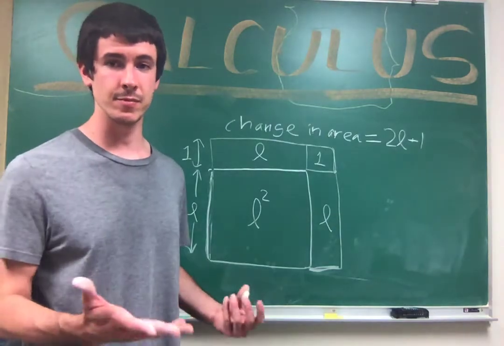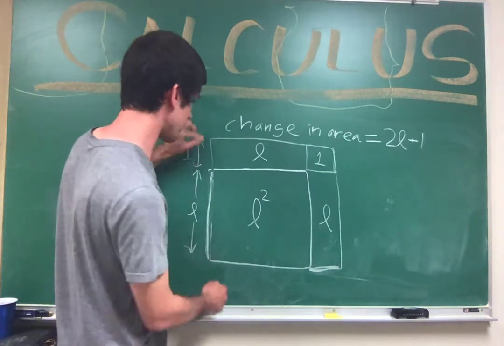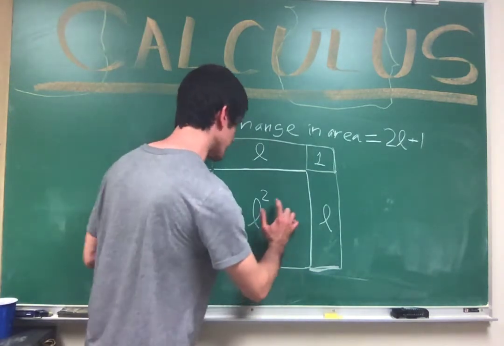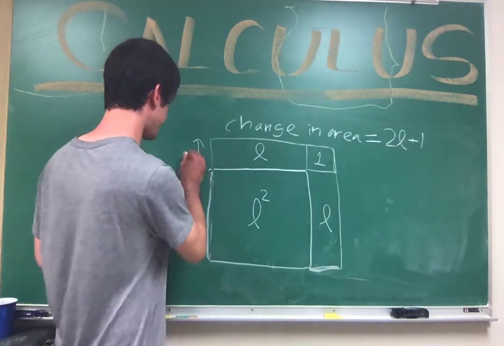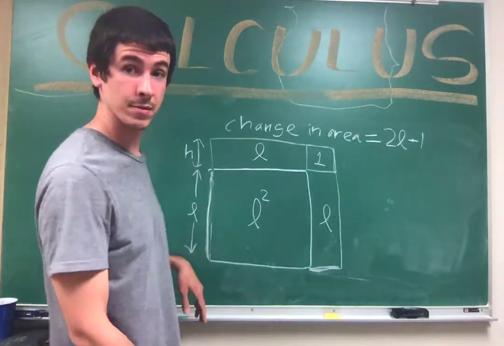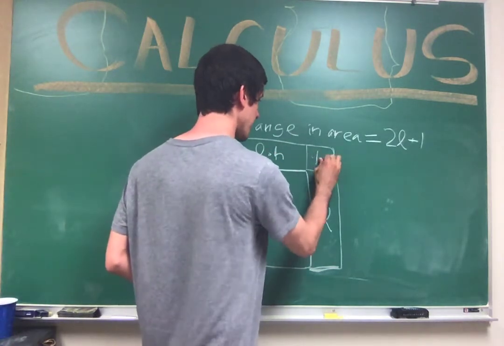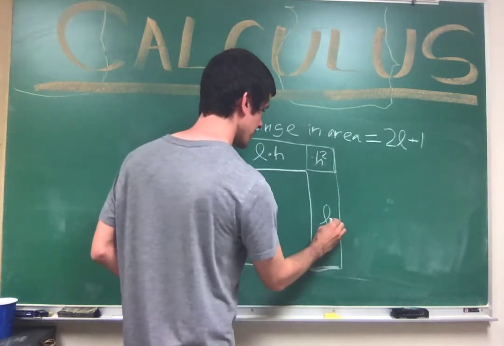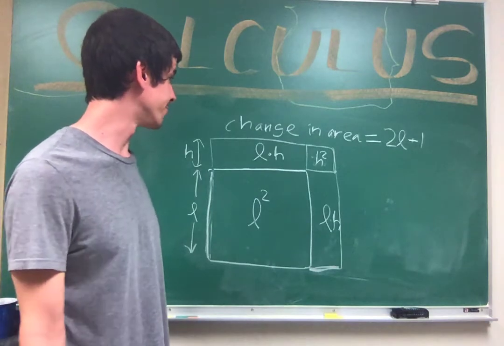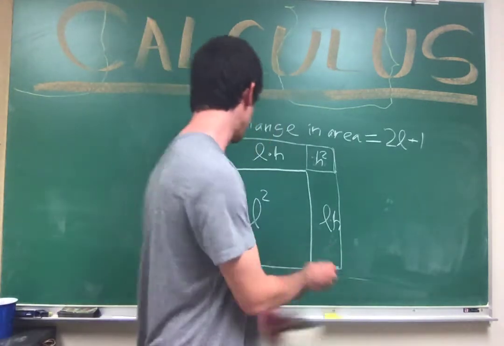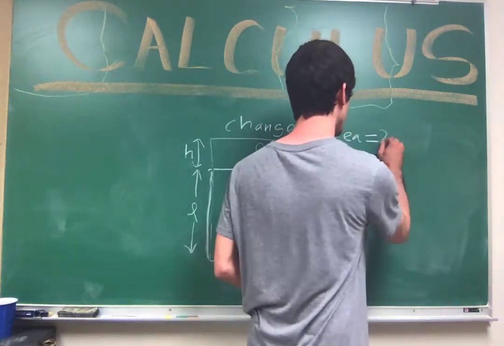It seems like, well, that's just algebra, you change it by 1. Okay, but what if this were continuously growing in time? You could think of it as a growing square that's growing in time. So what if it was a change that was much smaller than 1? Say h, some small h. Well, then the area of this box is going to be Lh, the area of this box is going to be h squared, and the area of this box is also going to be Lh. So then the change in area is going to be 2Lh plus h squared.